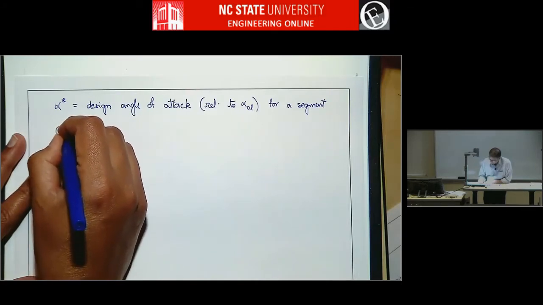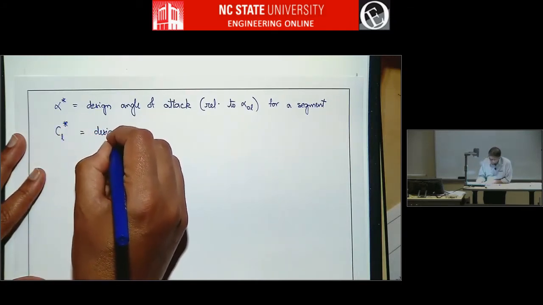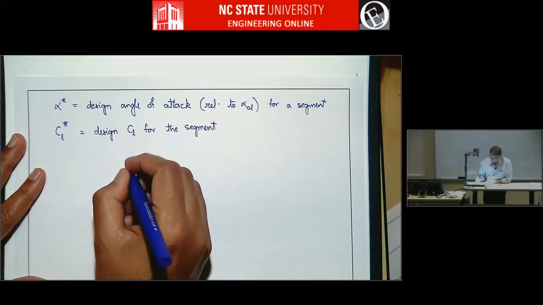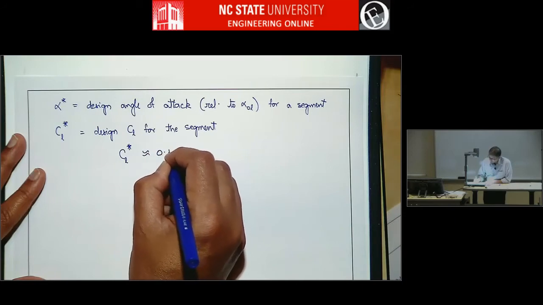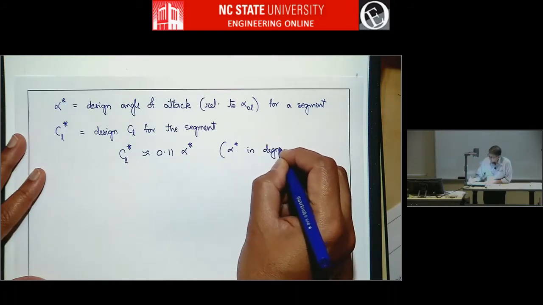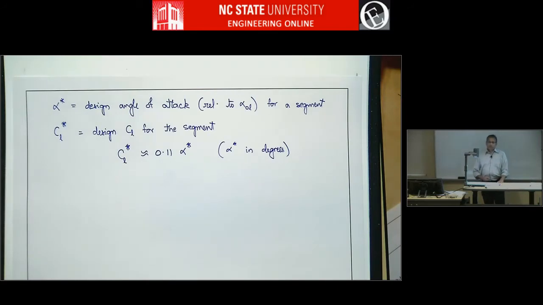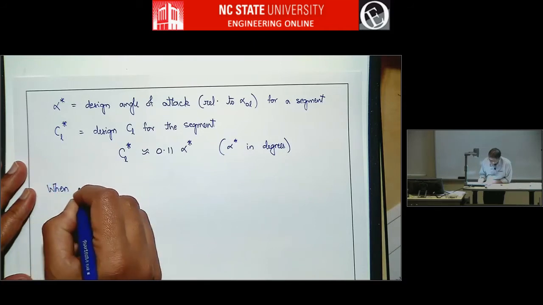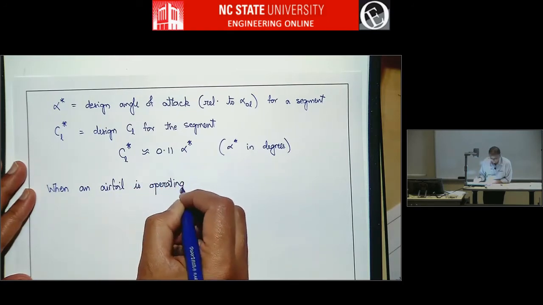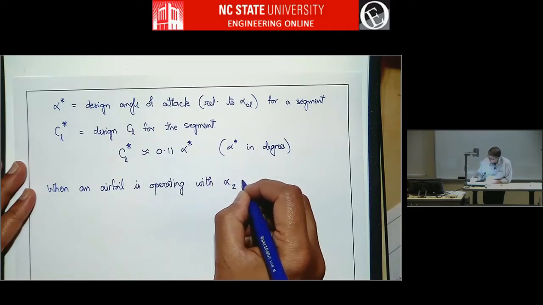And that means, let's say if we have something called CL star. CL star is the design lift coefficient for the segment. Then CL star is approximately 0.11 times alpha star, when alpha star is in degrees. So if some segment has an alpha star of 5, then CL star for that segment will be 0.55. So that means when an airfoil is operating with this alpha z equals alpha star for a segment,